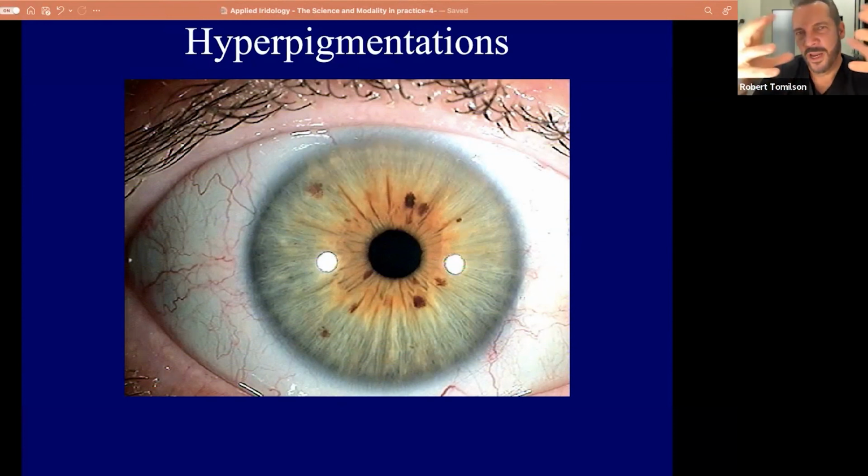Iridologists around the world are trying to come up with the same lingo, so they're all in agreement with all the same things. So we now have tried to change some of these names. So there's hyperpigmentation. Now, it means a chemical deposit. And this is interesting too, according to a Harvard Medical School study I told you about, when they looked at that, they said, well, okay, there are chemical deposits in the body, but it typically means that this person has